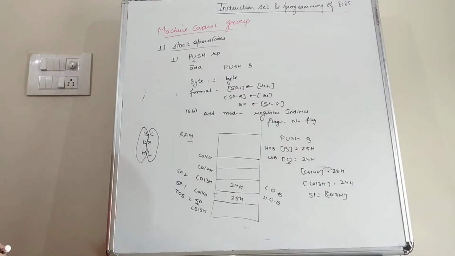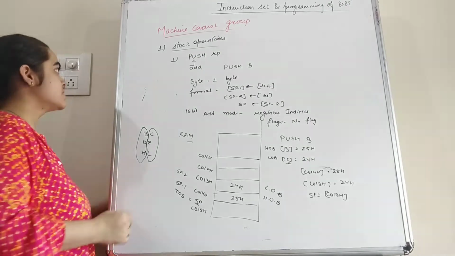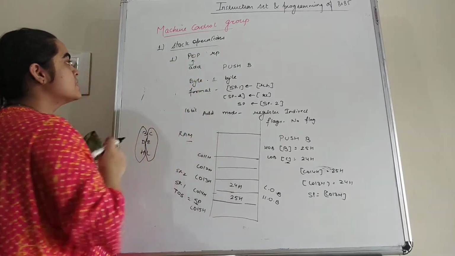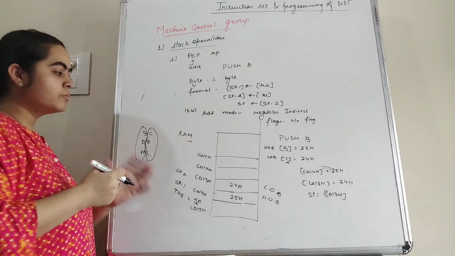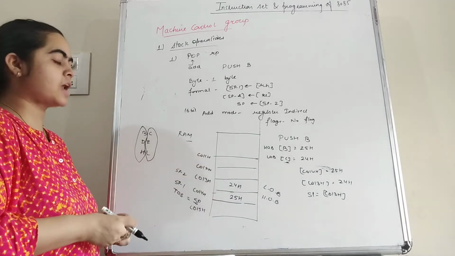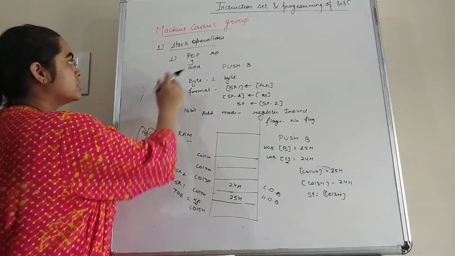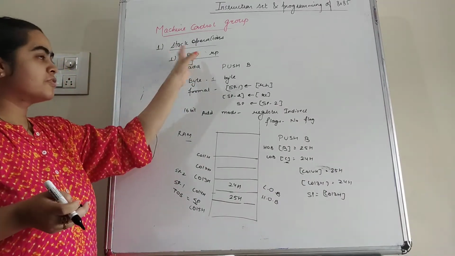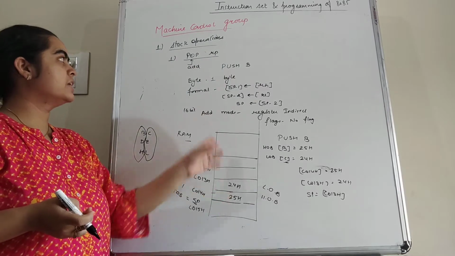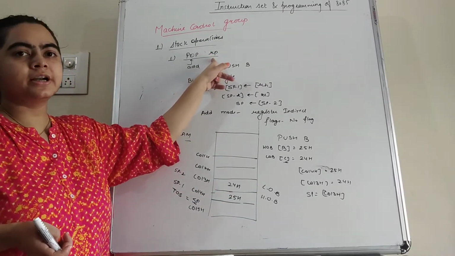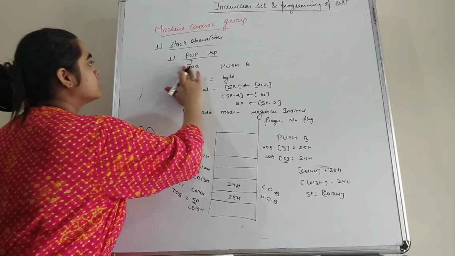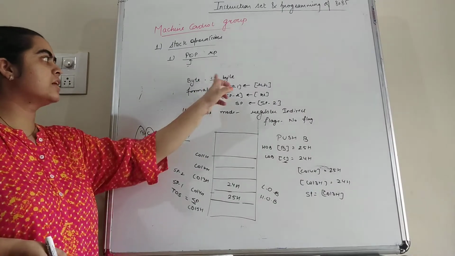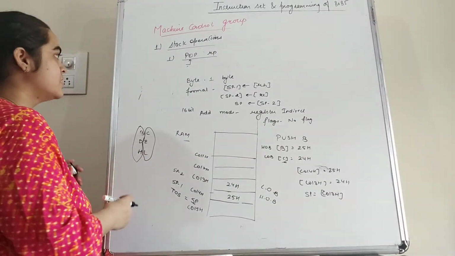So this is the PUSH register pair. Now after this, the next instruction we have is POP RP. POP RP means now we have to pop out or remove the contents that are present in the stack memory. So students, this is POP RP. That means after popping the contents from the stack area, we add those contents into the register pair. The bytes occupied by this instruction is again 1 byte, because no address and data will be specified.